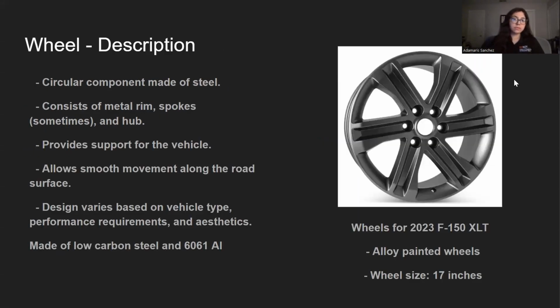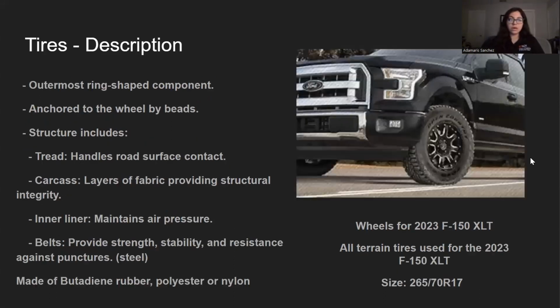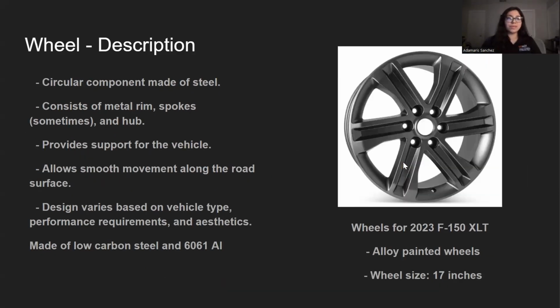So a little description about the wheel. It is a circular component made of steel. It consists of a metal rim, sometimes spokes, and hubs. It also provides support for the vehicle. It allows smooth movement along the road and is designed based on the vehicle type. And it is usually made out of low carbon steel or aluminum, 6061 to be exact. So the wheels for the 2023 F-150 XLT are usually alloy painted wheels, and the wheel size in inches is